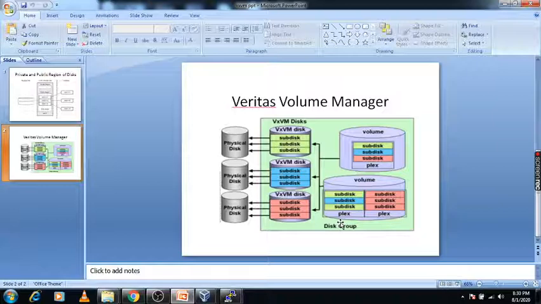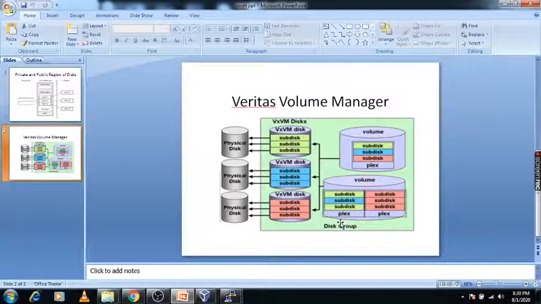The disk group is nothing but a collection of VM disks that share a common configuration and which are managed by the VXVM. A disk group configuration is a set of records with detailed information about the related VXVM objects. All the operations are done based on the disk group, and the disk group name can be a maximum of 31 characters long, and we can use a maximum of 4092 disks inside it.